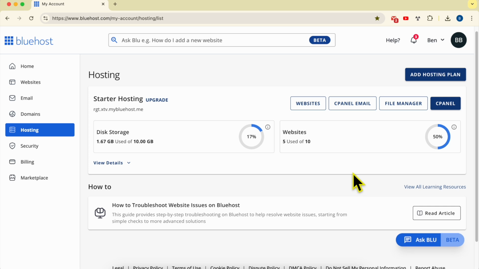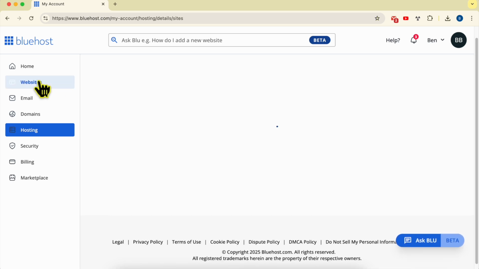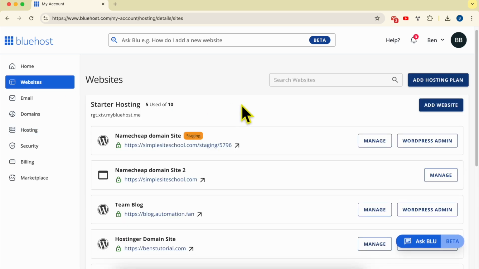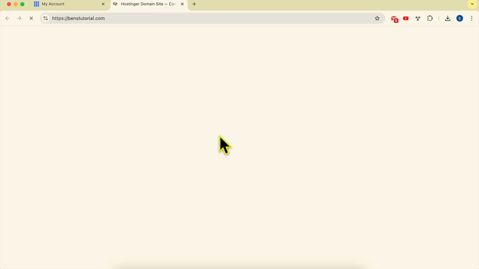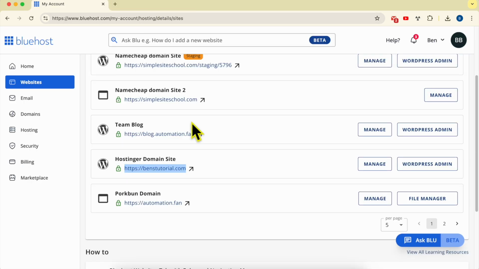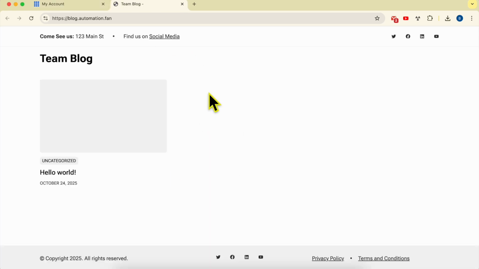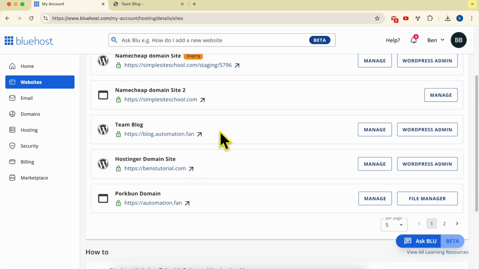First, log in to your Bluehost account. Then go to the websites page. On this page, you will see the available websites on your hosting plan. Let's say that I want to copy this WordPress website's files, or this is an empty WordPress. Let's open the second one. So this is a WordPress website. To copy this WordPress website's files to my computer, simply click on Manage,